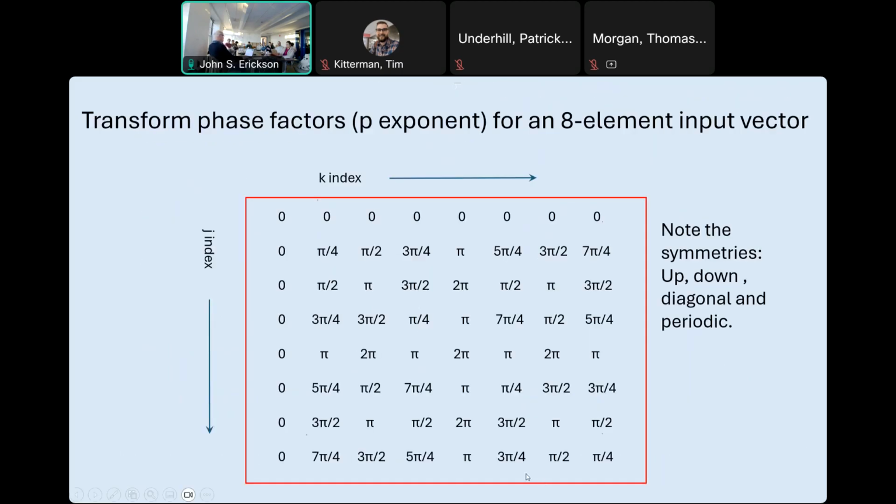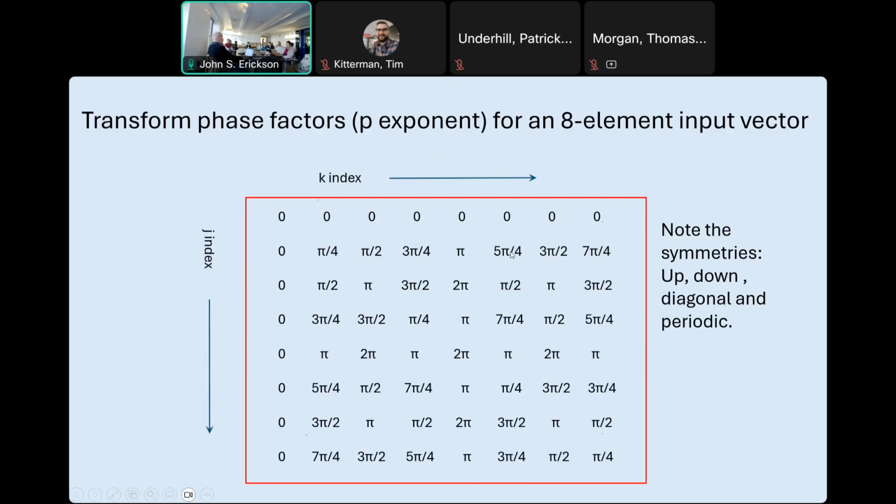So we go to this, and what I've done here is I've taken those J's and K's and put them in that exponential term, and just stripped out the phase part of it. There are so many factors of pi, and this is for an 8 by 8. So this is for 8 inputs generating 8 outputs. So it's a small problem,